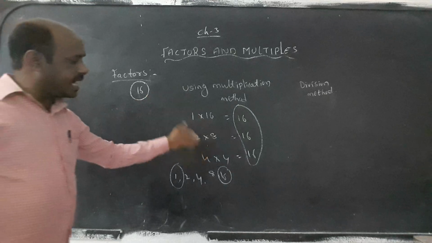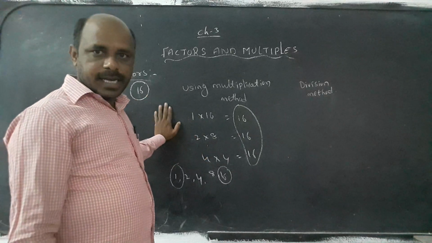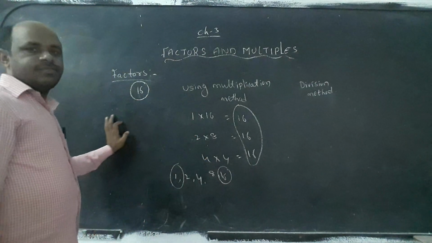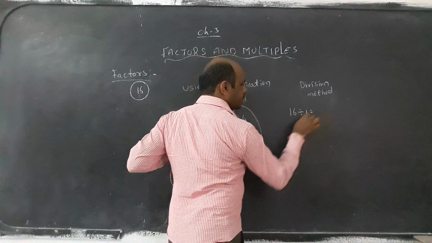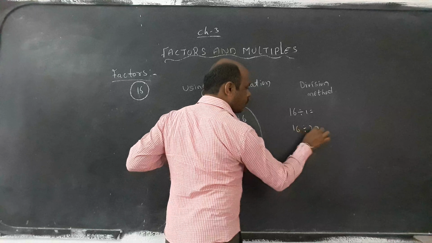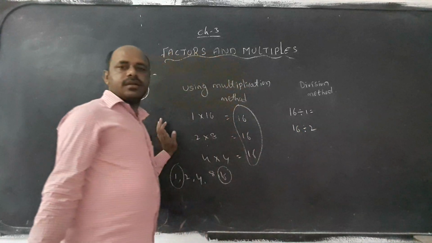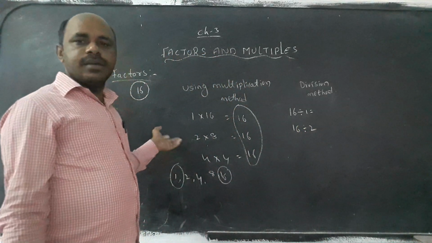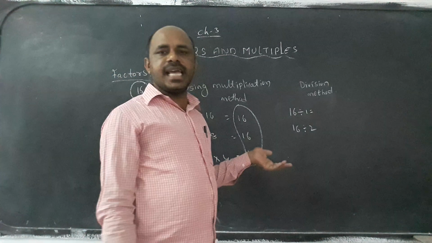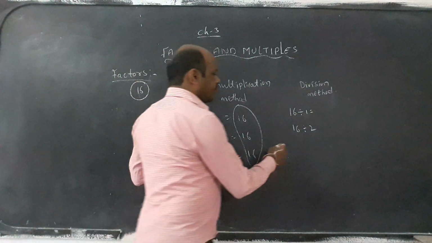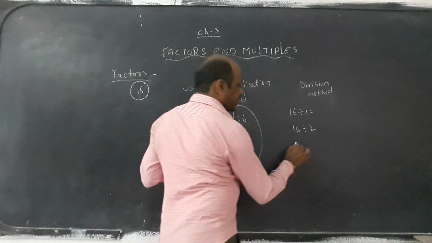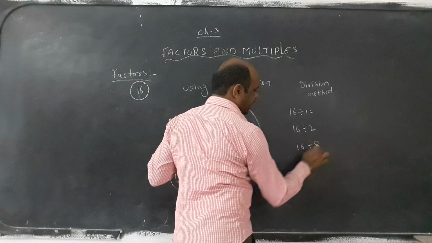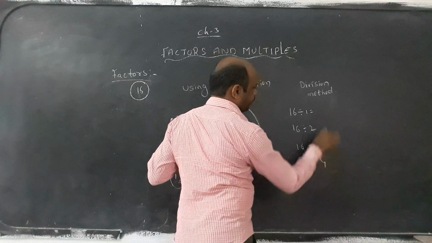This is what we will say is the direct multiplication method. By the same way, the division method. See children, common we have to write. See, 16 divided by 2. We can't divide 16 by 3 because 16 is an even number, it won't go. For the 3 table, 3 5 is 15, 3 6 is 18 only. Next, 16 by 2, 16 by 8 and 16 by 4.